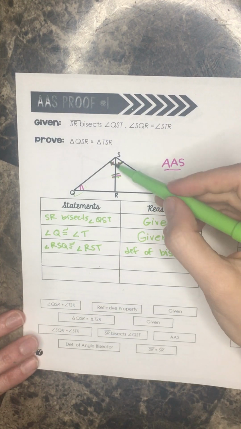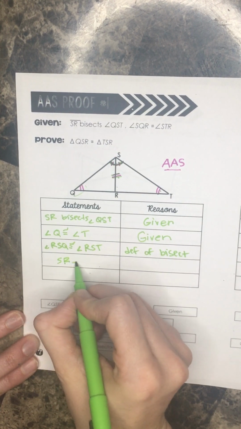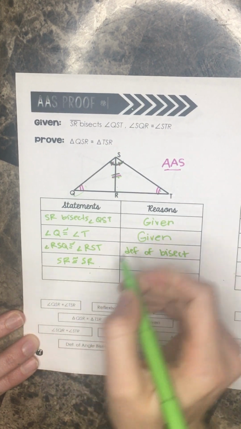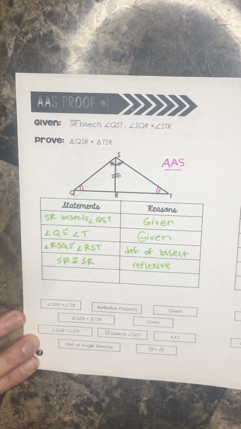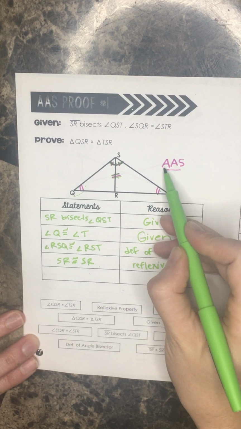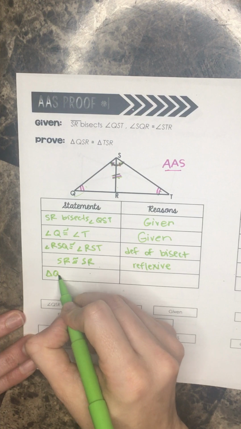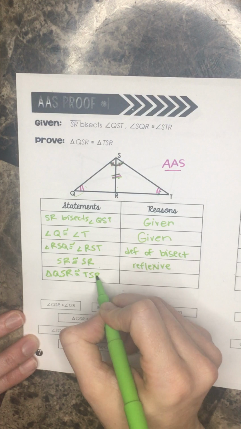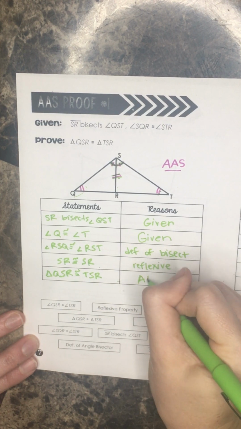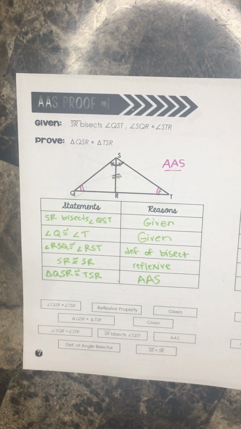Alright. We know SR is congruent to itself by reflexive. And then we had decided, because of angle, side, that was enough for me to say that triangle QSR is congruent to TSR. Angle, side. Okay, once again, you take your diagram and break it down just like we've been practicing for the last